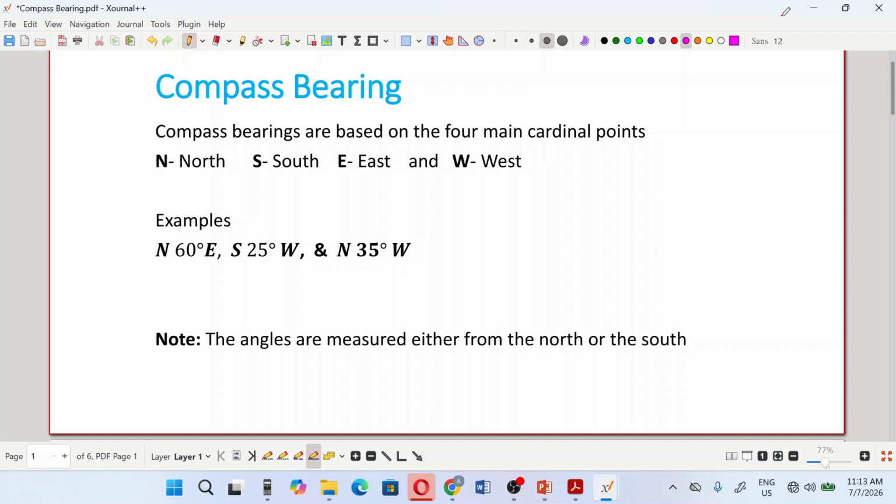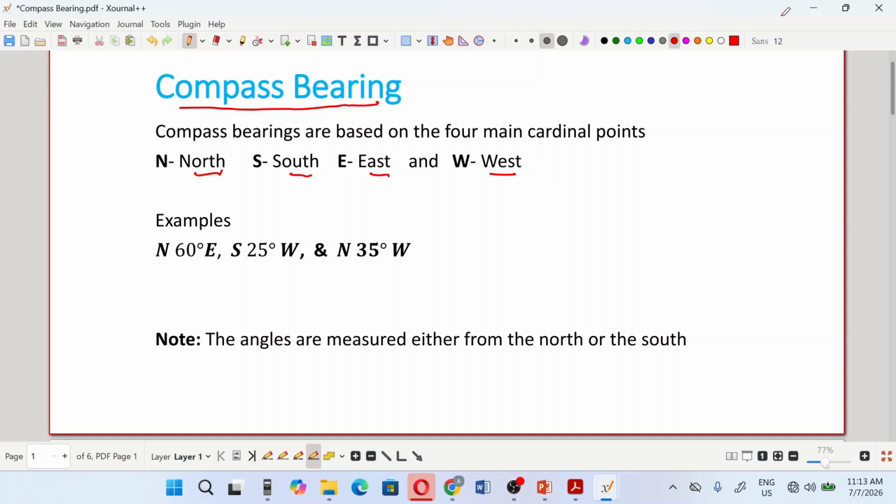We'll continue our lessons. Remember, in our previous lesson, we spoke about the meaning of bearing and how to write bearings. And we said one of the ways to write bearing is what? Compass bearing. So in this lesson, we're going to focus on compass bearing. Compass bearings are based on the four main cardinal points, which are the north, the south, east, and the west. In this lesson, you're going to see N represent the north, S represents south, E represents east, and W represents the west. So examples,